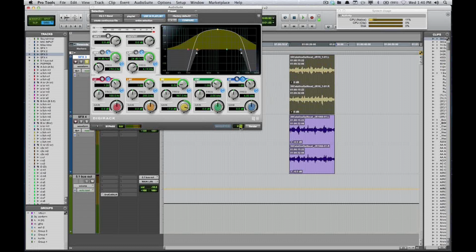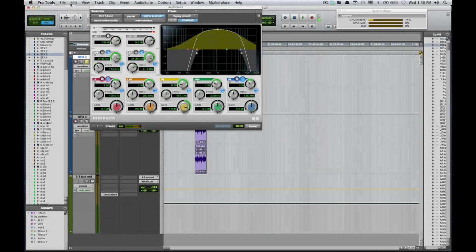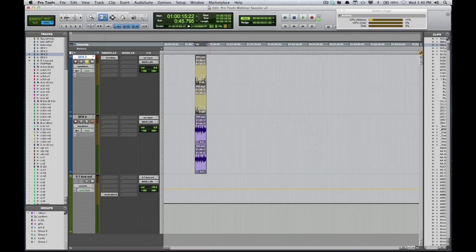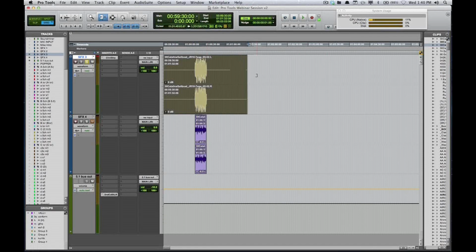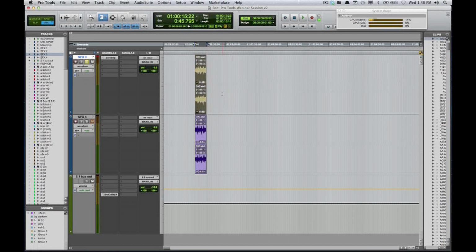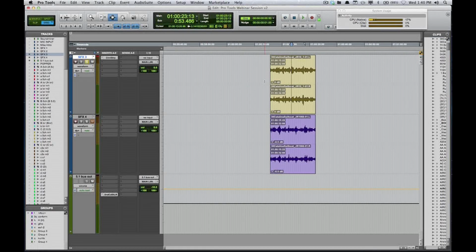You can extend this all the way up to 60 seconds, so you can have up to a minute worth of handles. And if I render that, and I'll just close this at this point. Yeah, there we go. I got plenty of handle there, but I don't know what's going on with that. So be aware of that. I'm sure Digi's working on it, or Avid. I was going to keep saying Digi. So anyway, this covers some of the cool new features in Pro Tools.